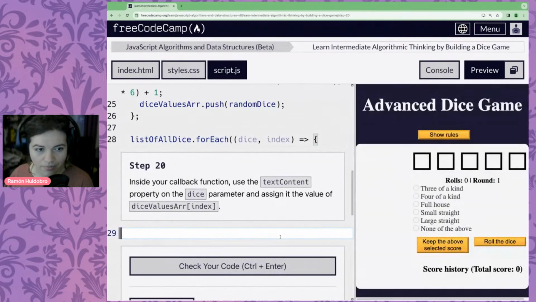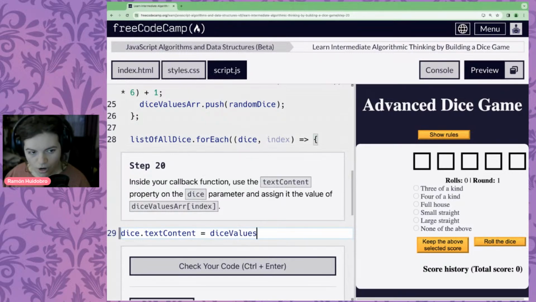Let's keep going. In our callback function, we're going to use dice.textContent and set that to be diceValues[index]. So what are we doing?